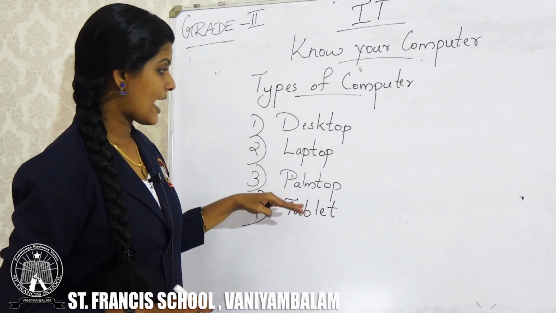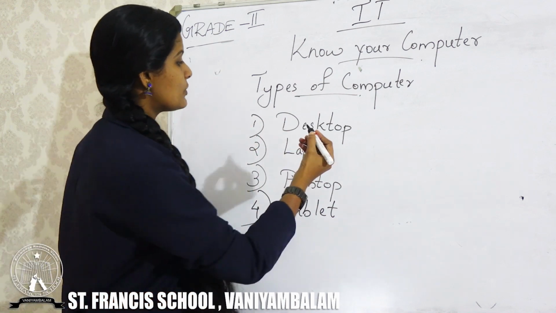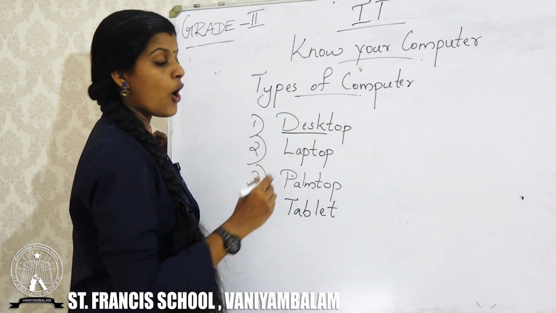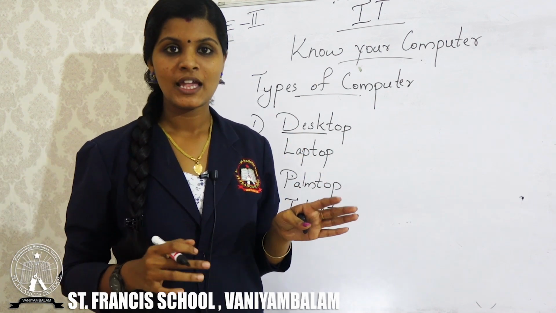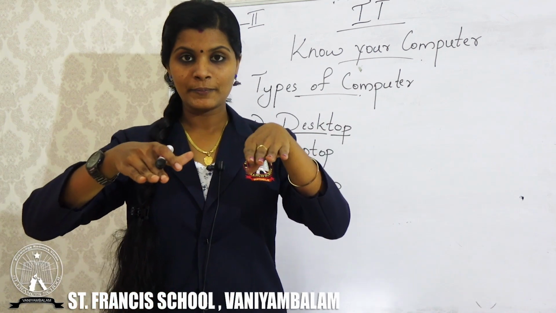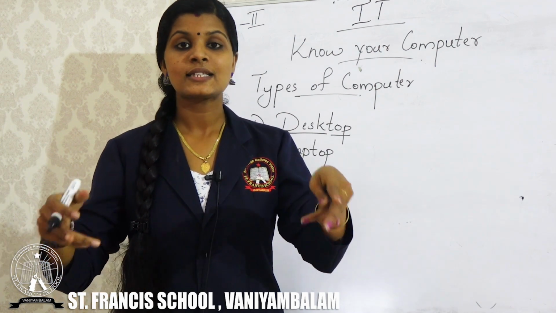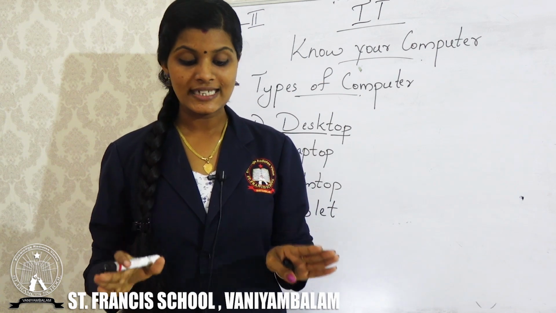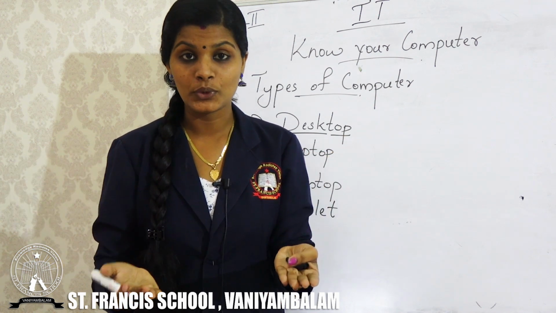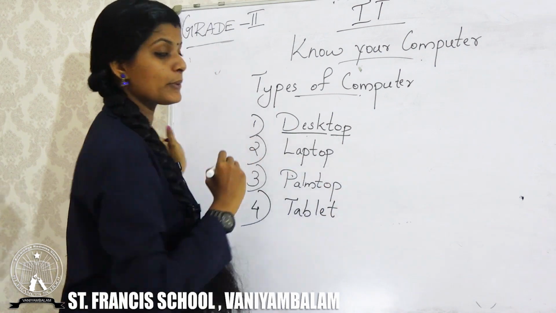Each is having different special features, so now we are going to discuss that. Which is the first one? Desktop. What is desk? All of you know what is a desk. So desktop means top, also you know the meaning of top. So desktop computers means above the desk we can place our computer. If we are having a desk in front of us, we can keep our computer above that desk. That is what desktop computer is.